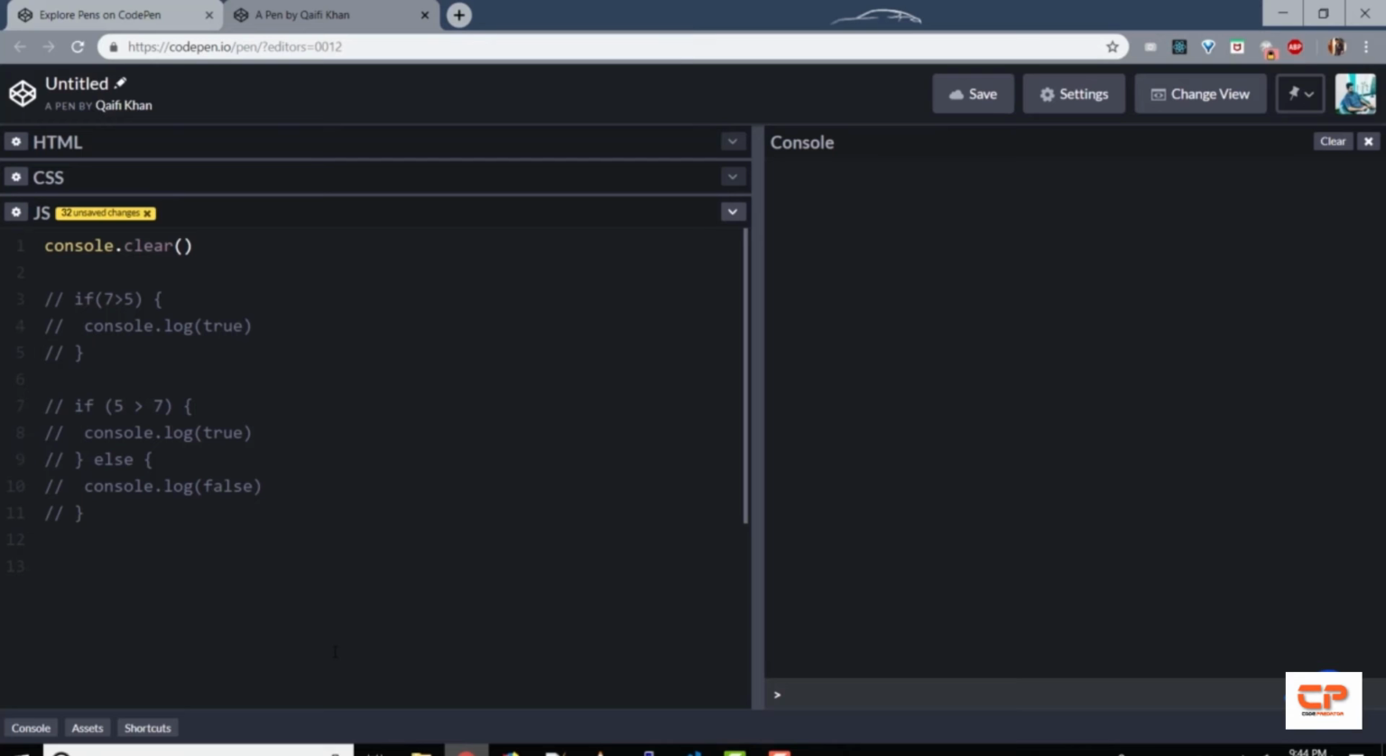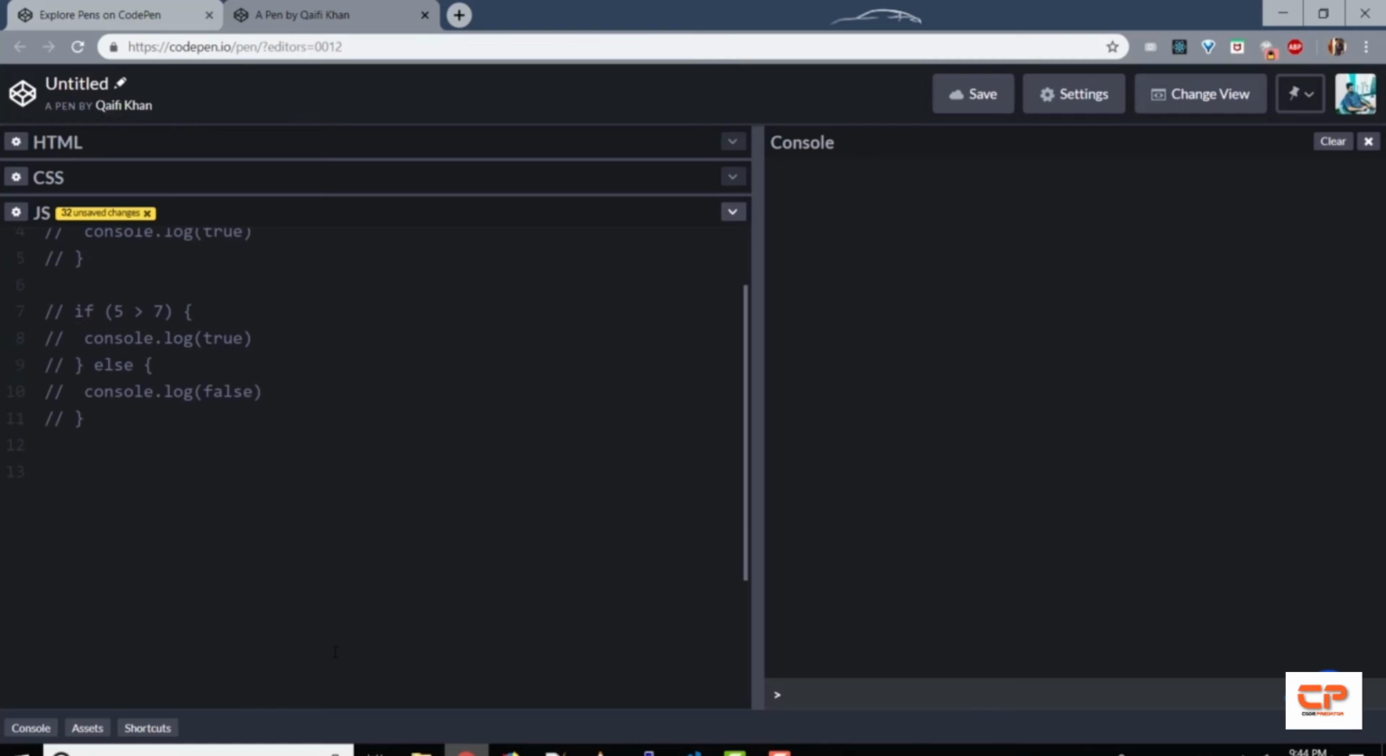Similarly, if we have to check for multiple conditions and execute different code blocks based on those different conditions, we can use if, else if. So let's try that. So if 5 greater than 7, then console log 5 greater than 7, else if 7 greater than 8, console log 7 greater than 8, else console log